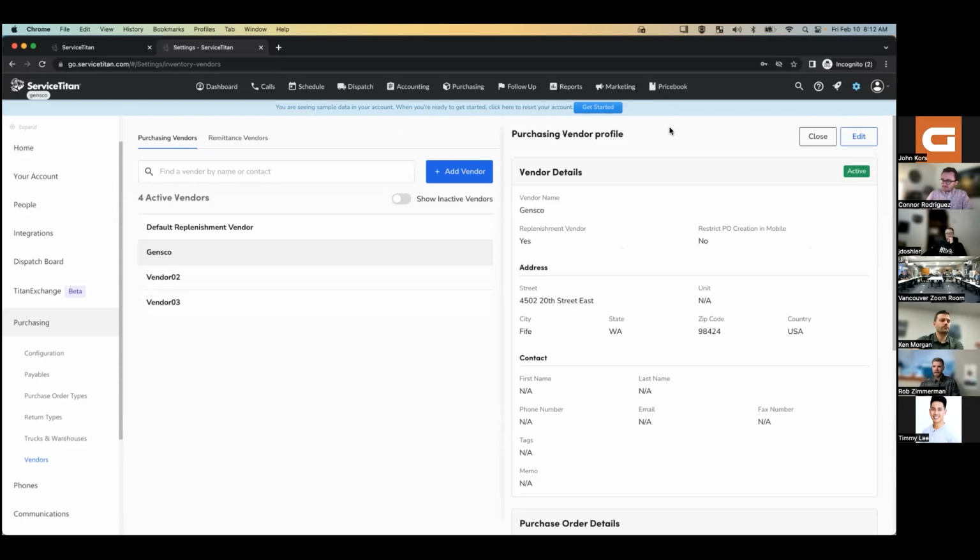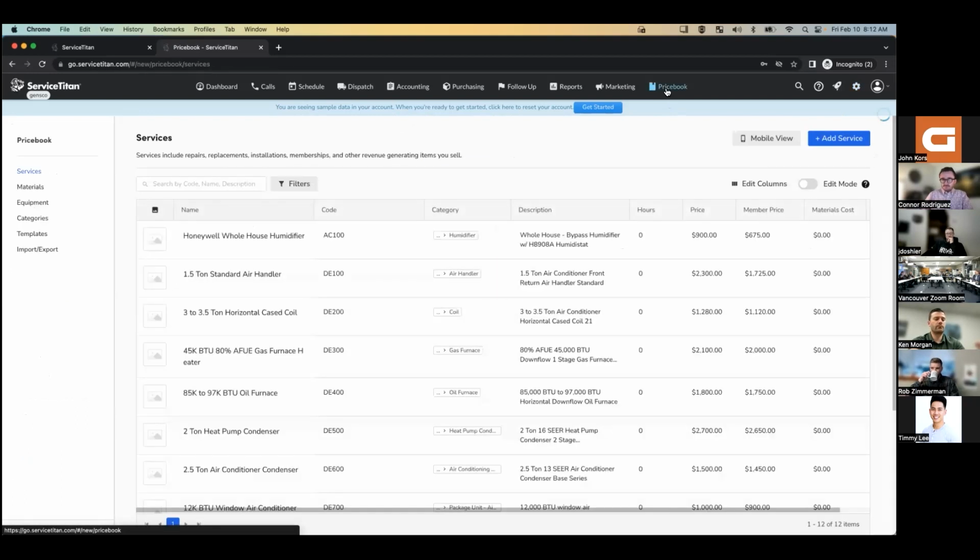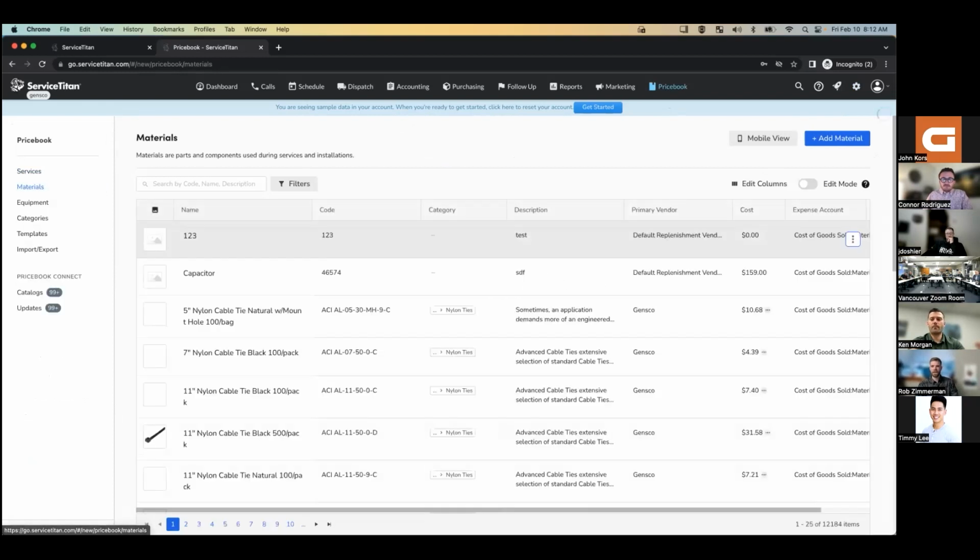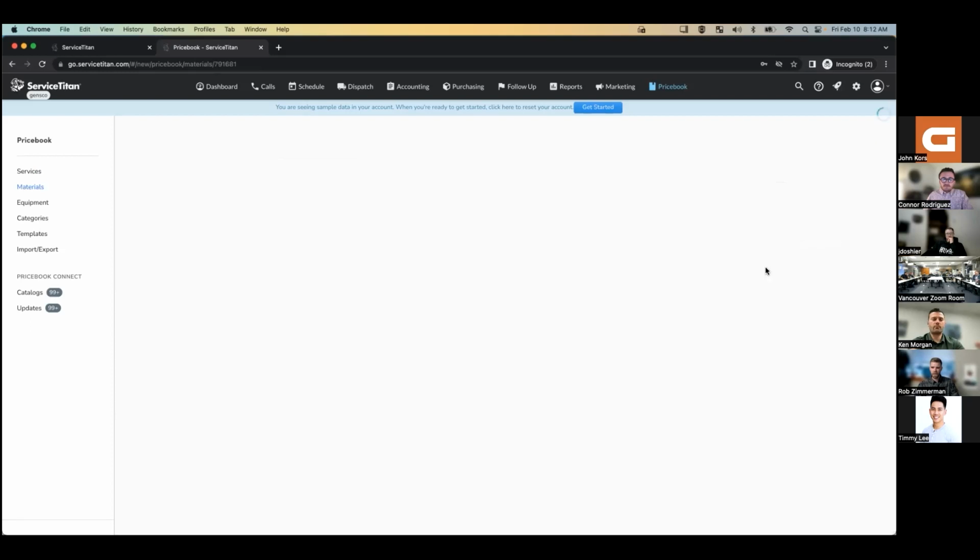Cool. So the next thing I want to show you guys is just ultimately how easy it would be to map items, whether it's inventory, material parts, or equipment. To do that, we'll go ahead and click into the price book, into the material section. And then if I click the edit pencil just for the first one here on the list, just to show an example,